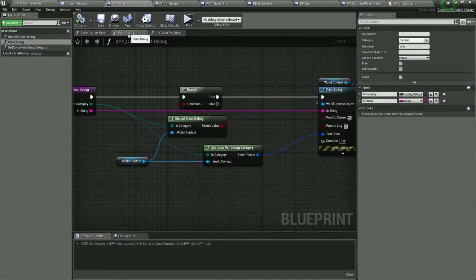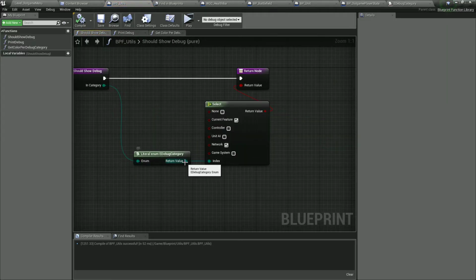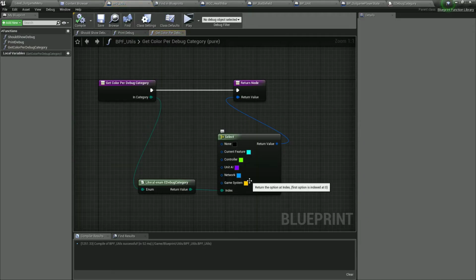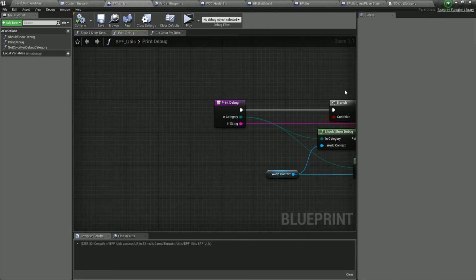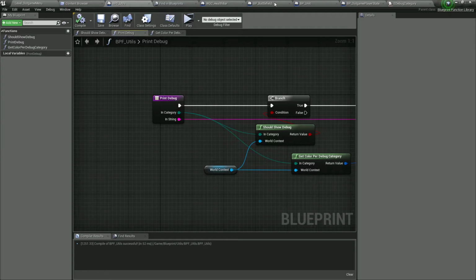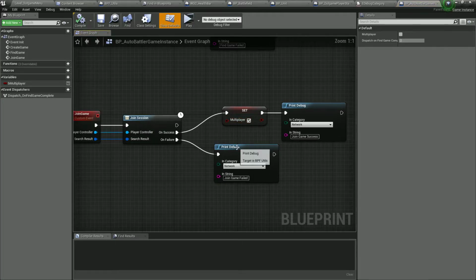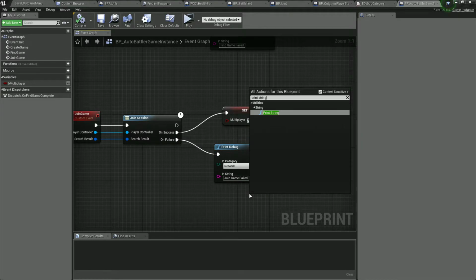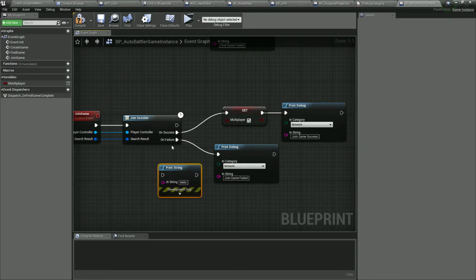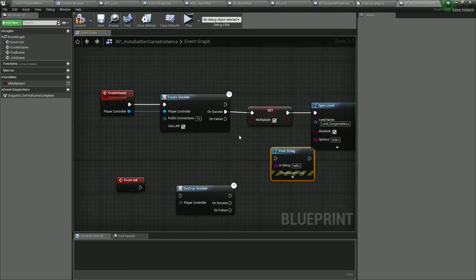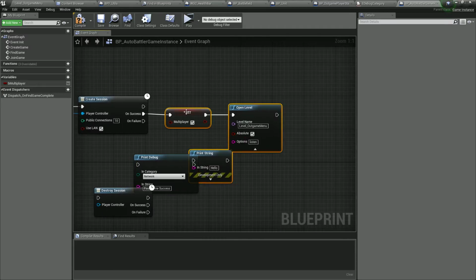So it should show debug. Do we show debug network? Yes, we do. So this should be working, except if the color does not work. That's quite strange that it's not working. So we're just going to open up our game instance once again. We're going to use a regular print string to debug our debugging method. So when we create a game, we're going to have a print string as well,